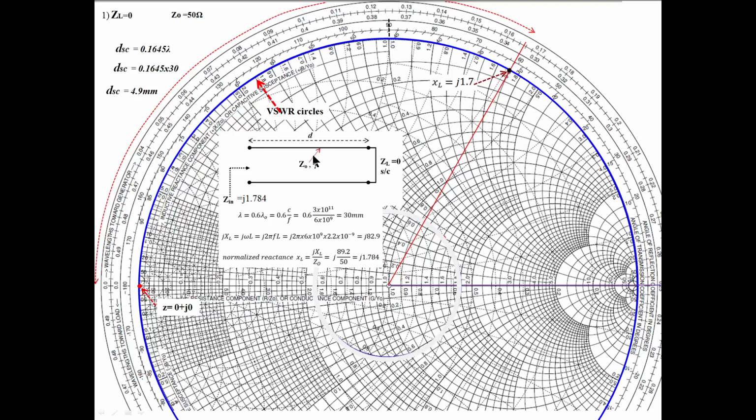It is the converse approach. While finding input impedance, what we were doing, from the load point we were traveling like this towards the generator, a given distance like 0.1 lambda. From the load we were moving 0.1 lambda and stopping, and finding what is the impedance there. But here is a converse approach. Whenever our required reactance is observed, there you stop and note down the distance. That is the opposite approach here.